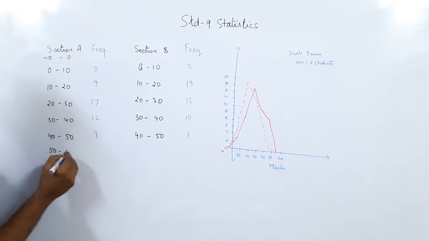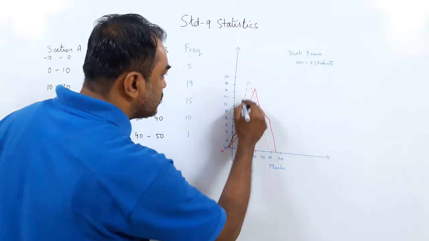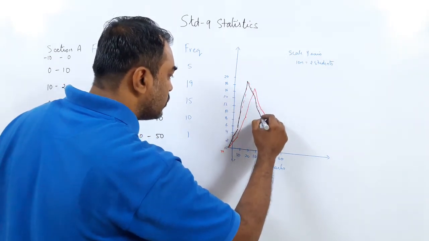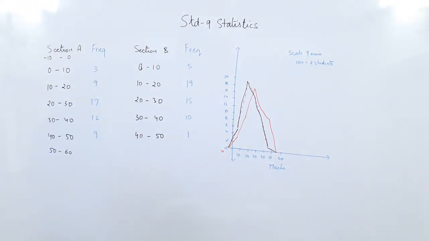And here I will go 50 to 60. So midpoint is 55. So I start from here. So this. Okay. Now you can see both these graphs. Whose do you think area is bigger? Look in the graph and see whose area looks bigger to you. Okay? The area with the bigger graph should give us the answer or no?